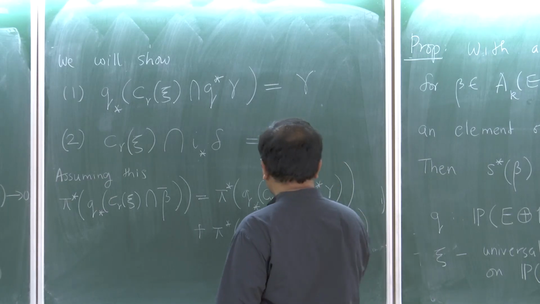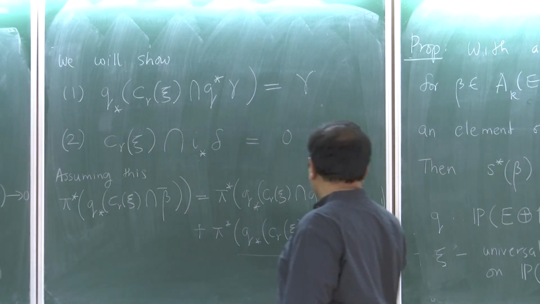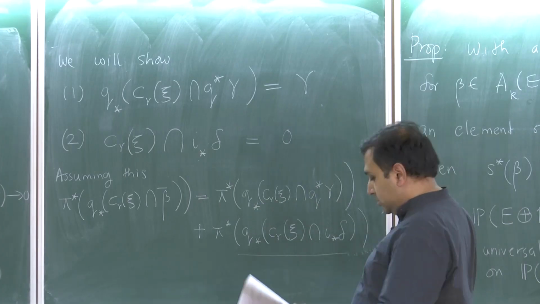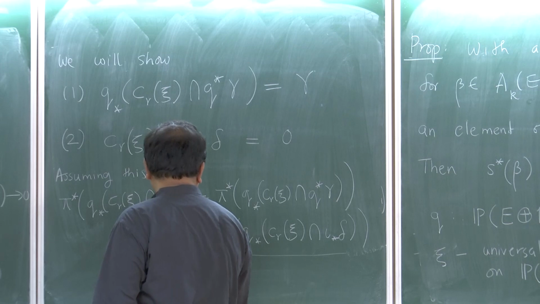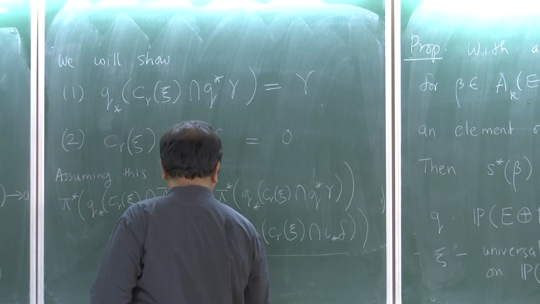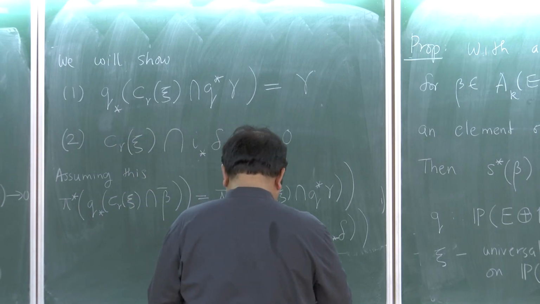By 2, this will become 0 and this will become gamma. So this should be equal to pi upper star of gamma, and this is enough because